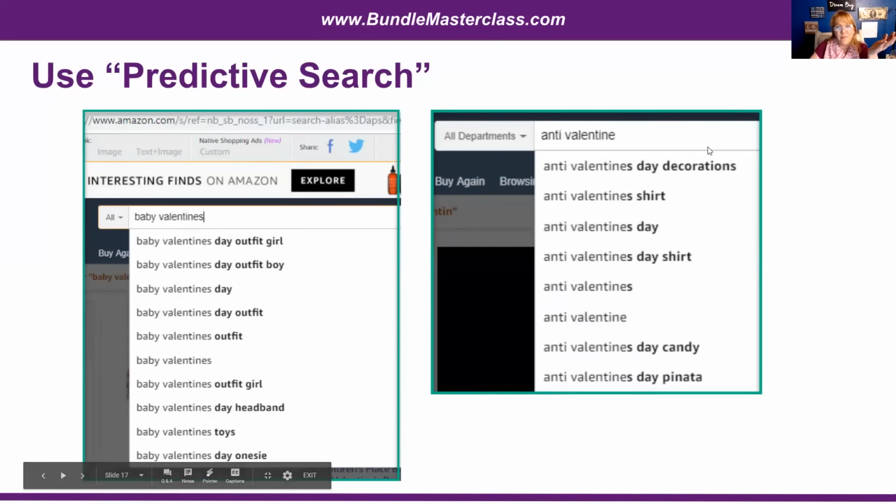And then I typed in anti-Valentine to get the other side of it, because I want to find out what people are looking for when they're typing in anti-Valentine. And I found decorations, shirt, day, shirt, candy, piñata. Anti-Valentine's Day piñata. I guess that would make sense if you're coming at Valentine's Day with a negative bent to it and you're upset and you're angry about Valentine's Day or love in general, and you want a piñata that you can just beat the heck out of,